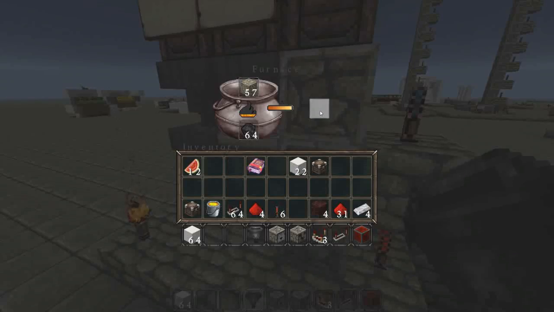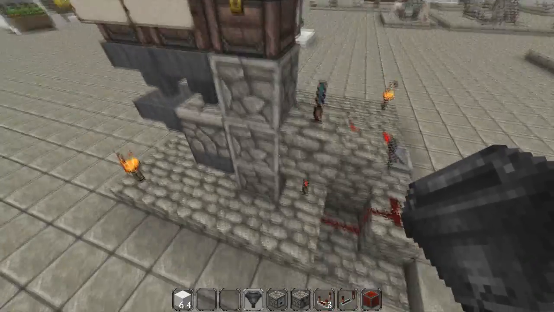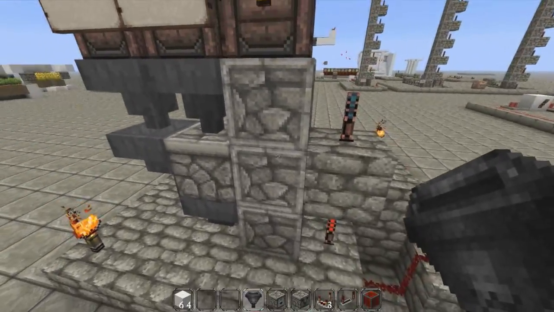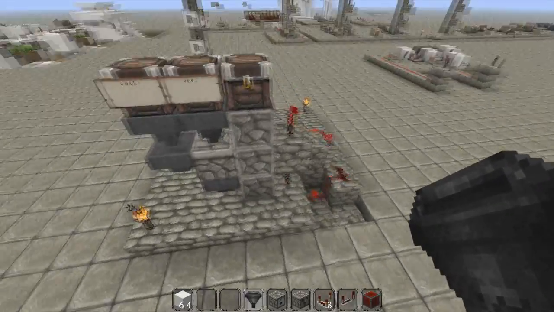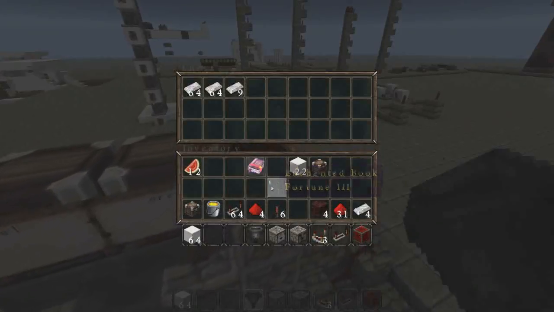of course, we take a hopper to take it out of the furnace, put it into what is a miniature little item elevator. And of course, a comparator tells this little clock that there's an item in here, and it activates all of these little dispensers, or droppers probably. And you could use either, and then it puts them up here. So of course, everything else would be underground here, and you just have these chests above, and get your cooked